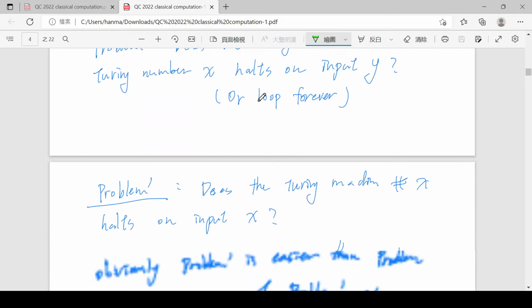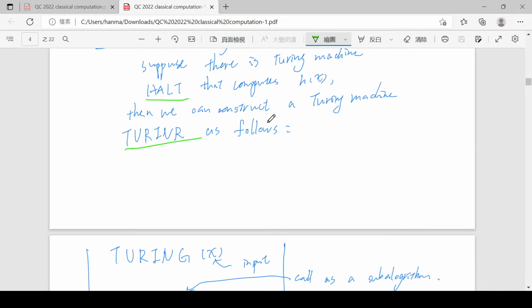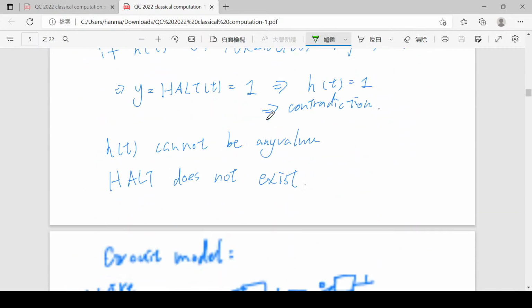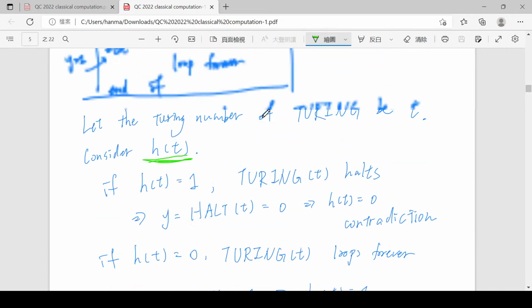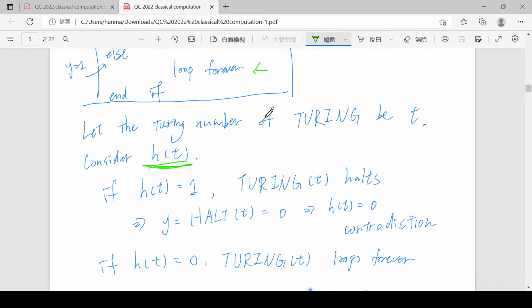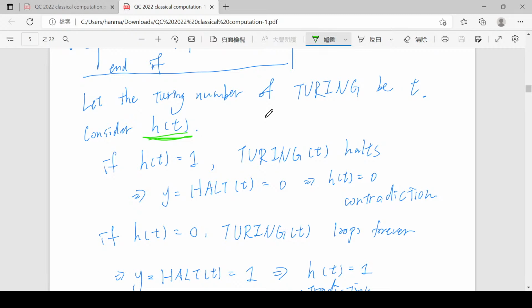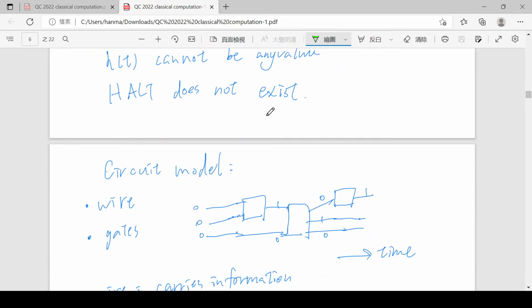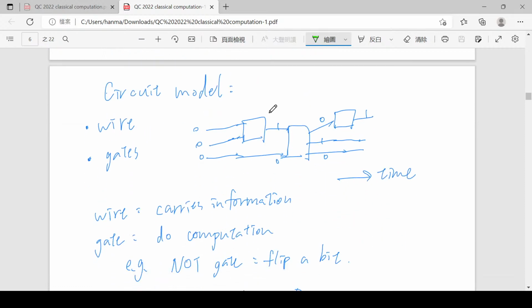Okay. Now we are pretty fast. Okay. So that's Turing machine and the holding problem. They are very fundamental to complexity theory. Then we go to a more practical formulation of computer science. That is the circuit model. And this is also how we are going to think about quantum computation. So circuit model